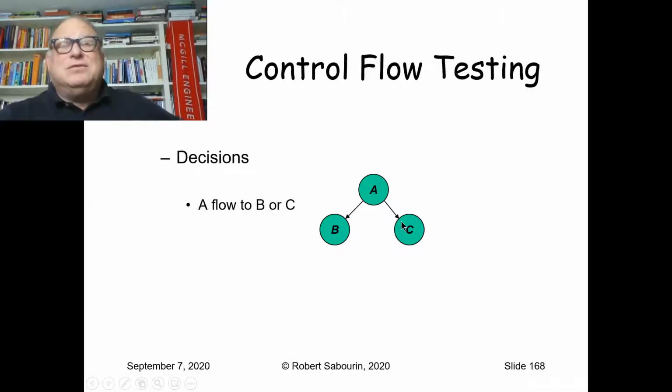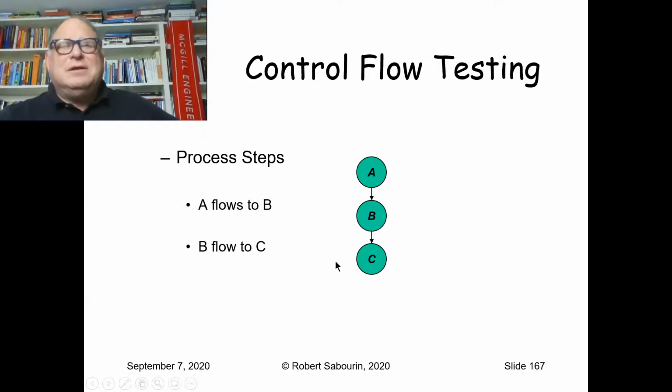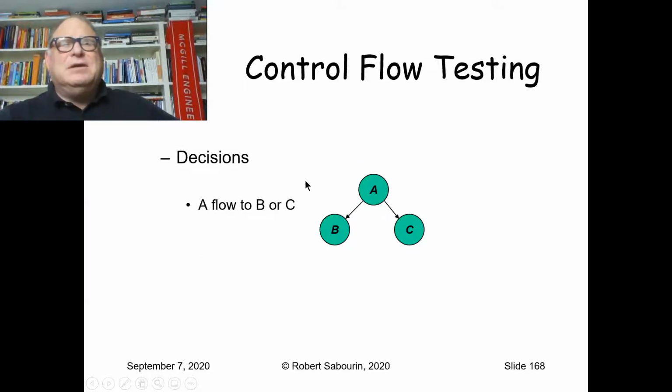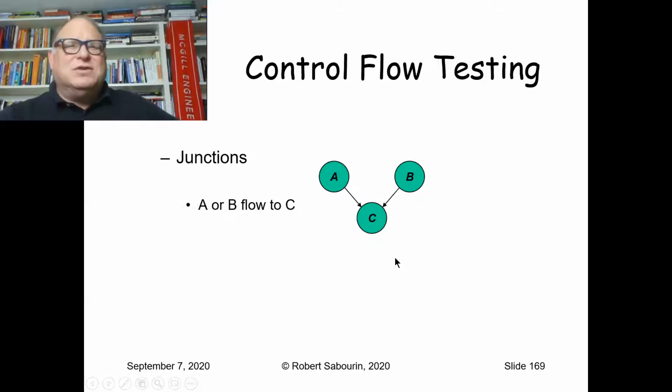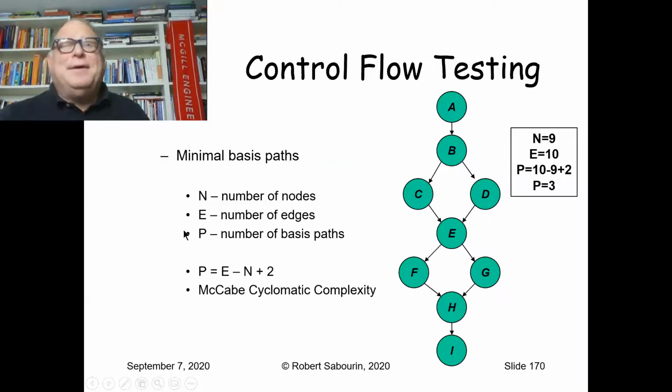Which way you do. If you're consistent, that's good, but A flows to C or A flows to B. And similarly, we have junctions. So C comes from A or C comes from B. So that's a junction. So we have steps in sequence, including looping, decisions, or junctions. There's not too many concepts there. There's 3 constructs there. And if we can take an object, a piece of code, a network, and draw a